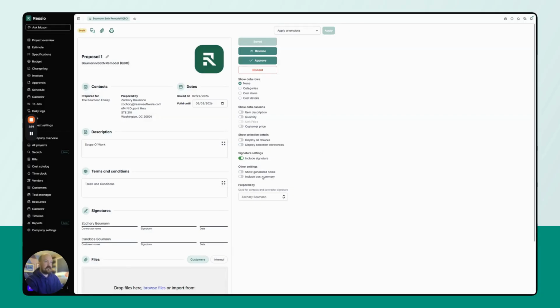And as you can see, it's already pre-formatted my proposal to only show the description, terms and conditions, and signature lines. So within Ressio, you can now do approval templates for proposals to start, more to come down the road. And from here, you can make any changes and adjustments you need to. You can have multiple different template types for pre-construction contracts, scope of work, RFQs, whatever you want to do for proposals. And then we'll be adding more in for our other approval document types in the not too distant